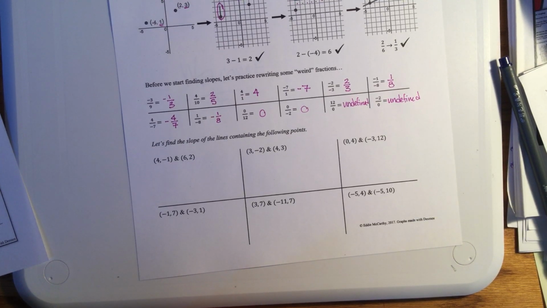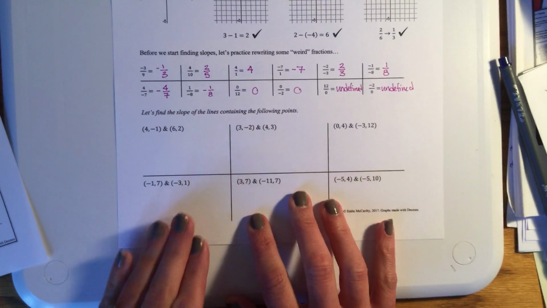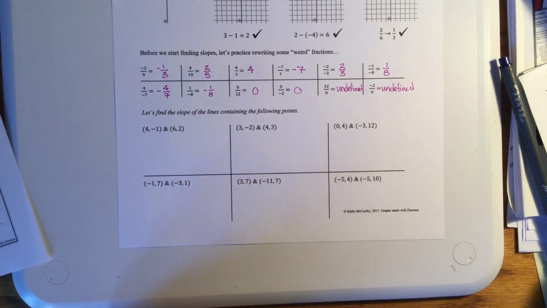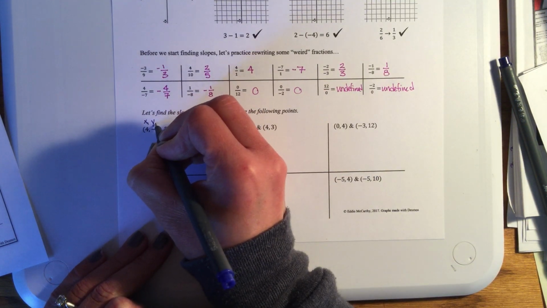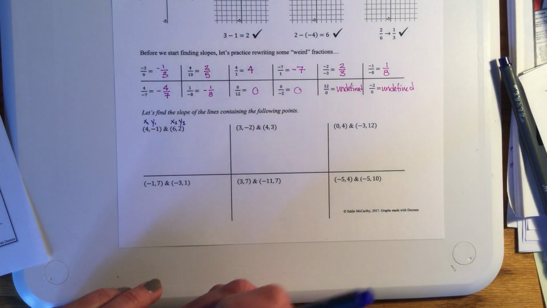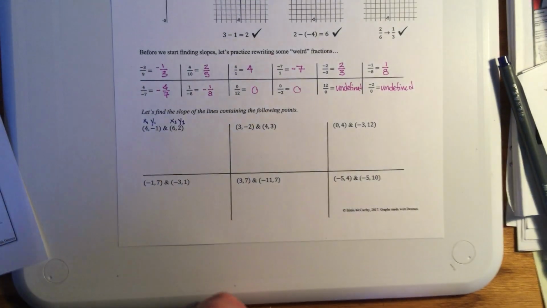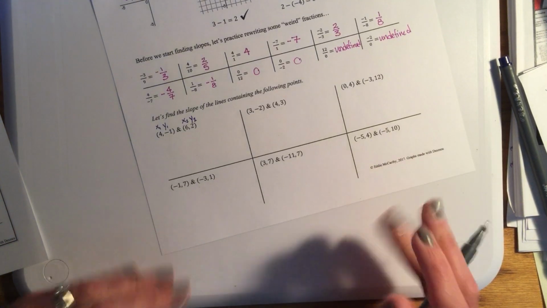Okay, so now this is the last little part, we're going to practice finding slope with the points. One thing that I do every single time is I label my points: x1, y1, x2, y2. And I know some of you, no offense, are kind of lazy and don't like to do that. And I tell you, it makes a huge difference. So when I follow my formula up here,